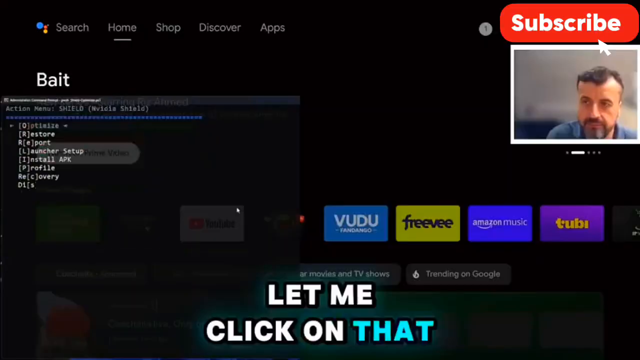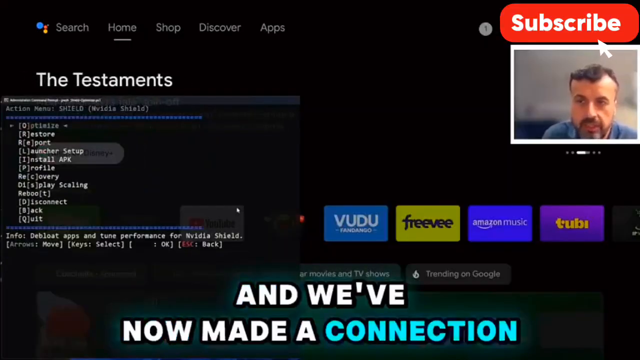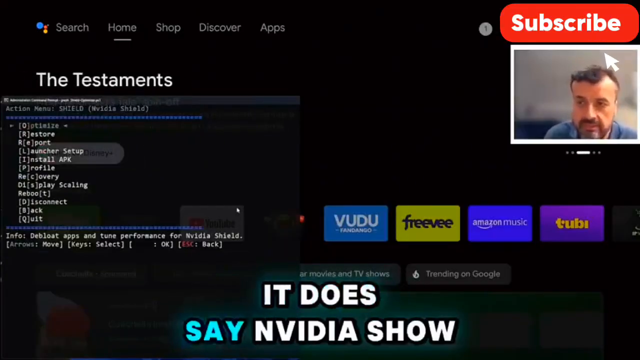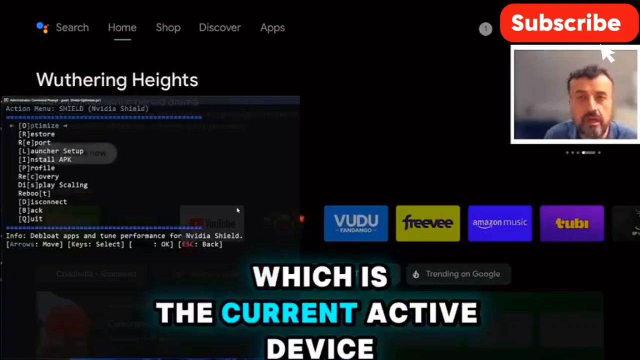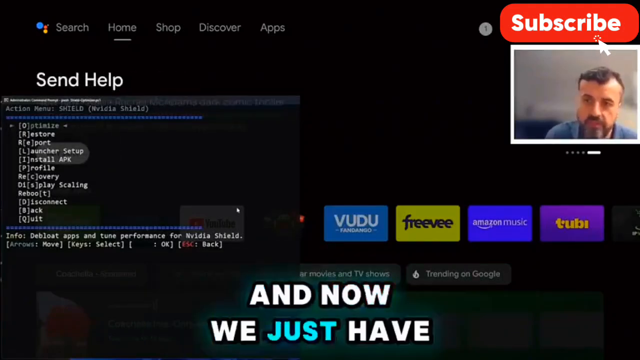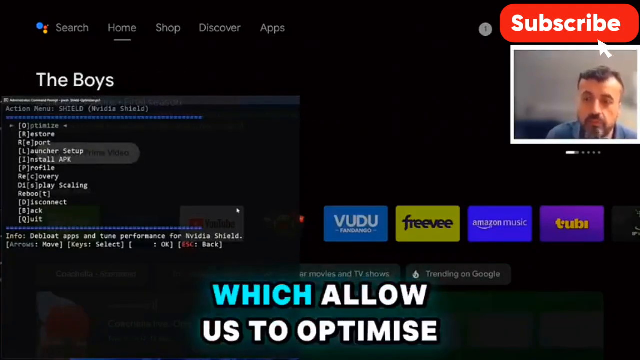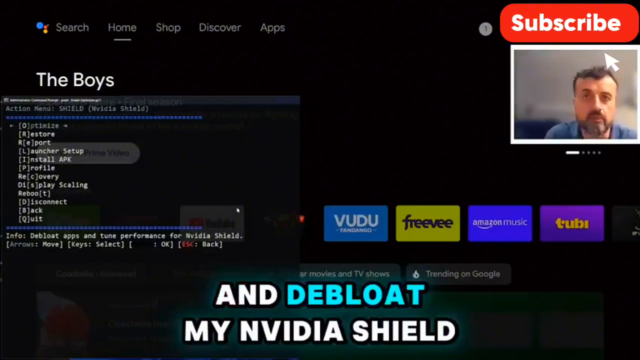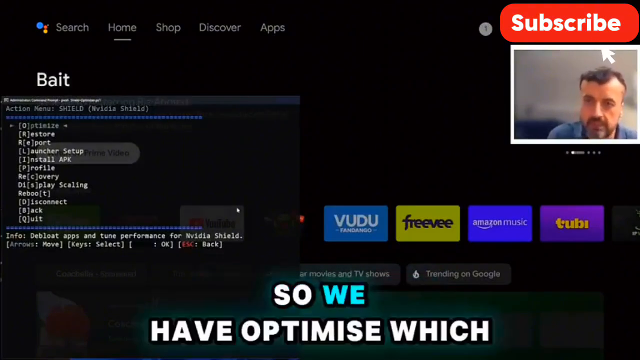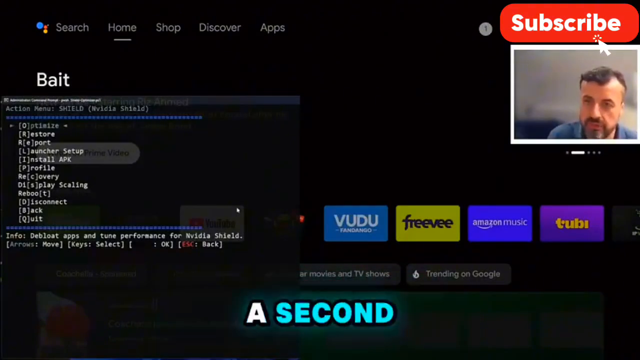So let's say, for example, let's connect to my Shield. Let me click on that. And we've now made a connection, and we can see at the top of the toolbox, it does say Nvidia Shield, which is the current active device. And now we just have a bunch of options we can quickly go through, which allow us to optimize and debloat my Nvidia Shield. So we have optimize, which I will show you in just a second,